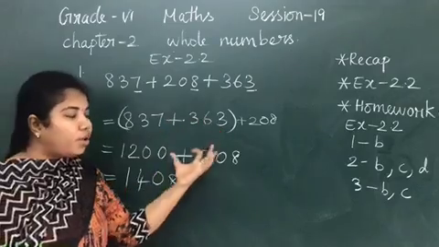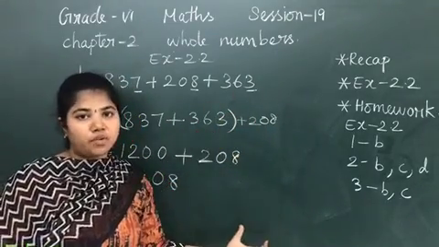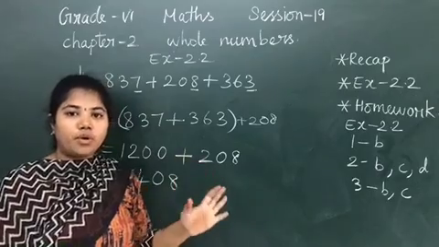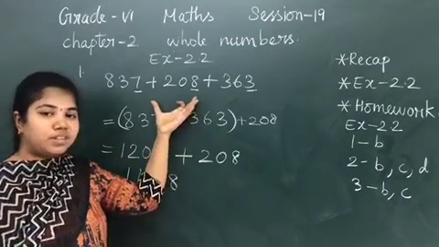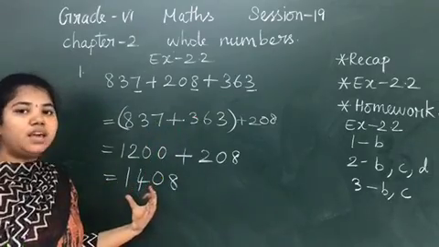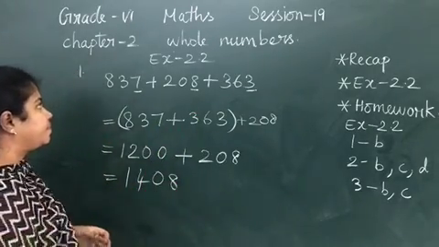Now if you are not doing it this way, you will write all the three numbers regularly, then you will add. That will not work. What we are going to do is, you are going to suitably rearrange the given sum so that your answer will be clear. Can you understand? Now let us move on to the next sum.